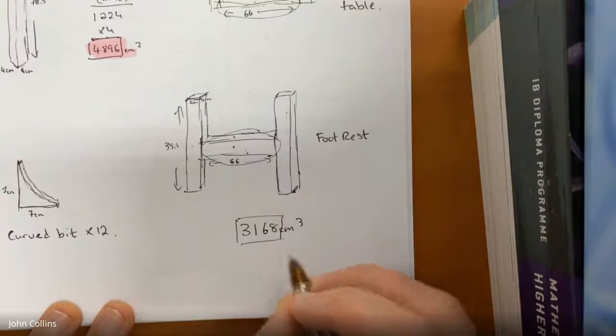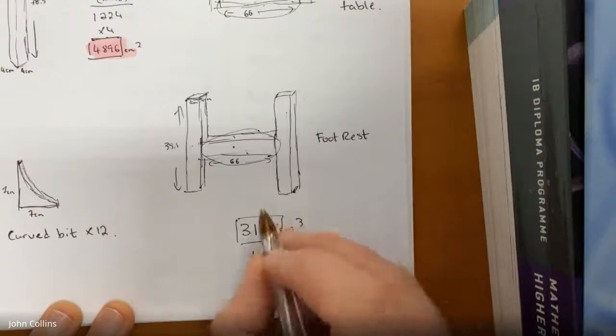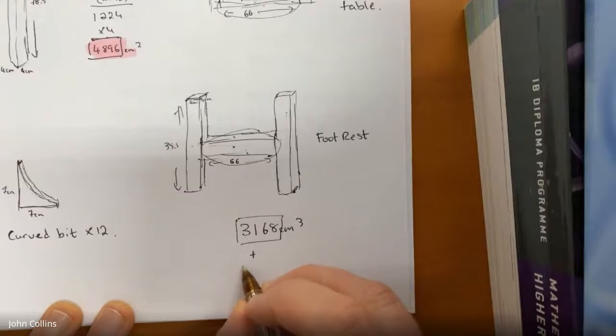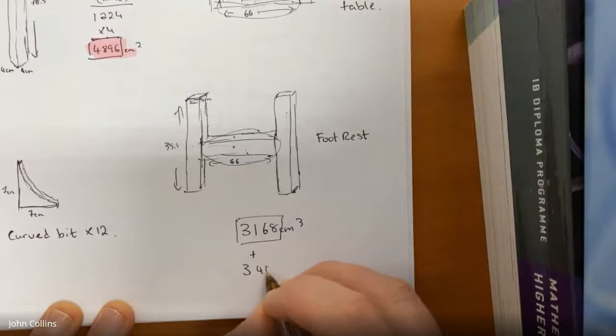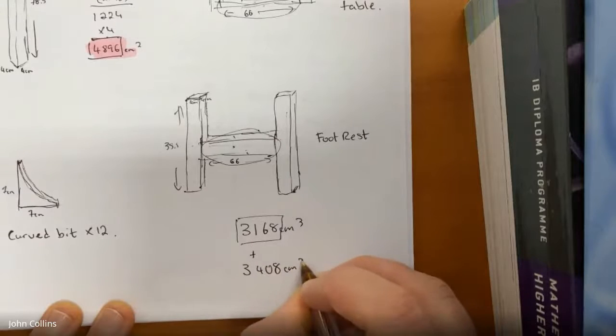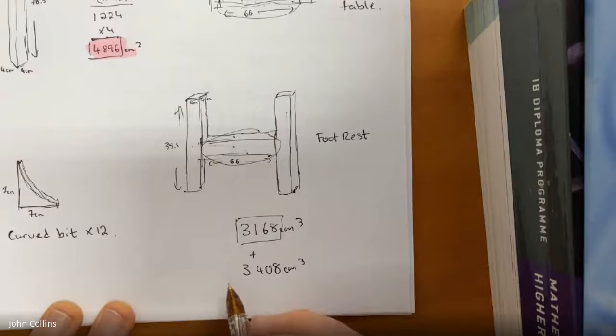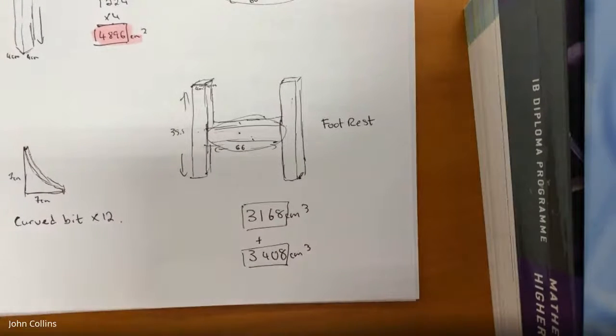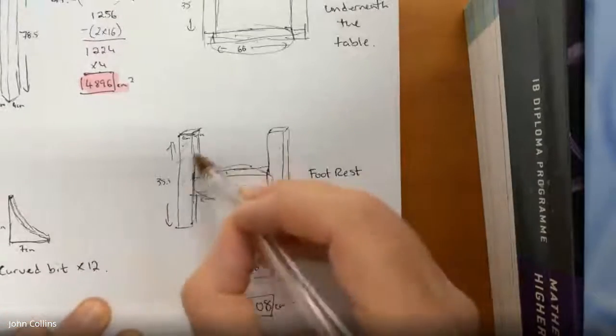Apparently I haven't added it yet. So they're the straight bits. The 4 sides here, I got the volume to be 3,408 centimeters cubed. Okay, so they're the 2, that's the volume of this,